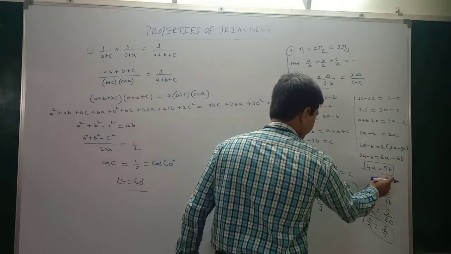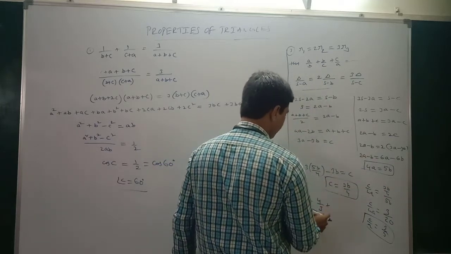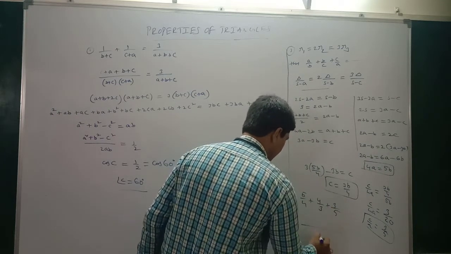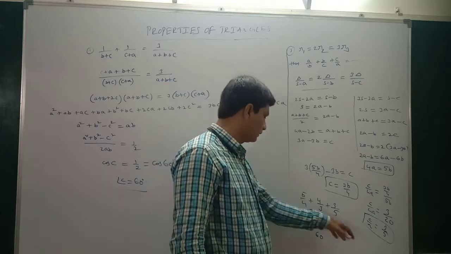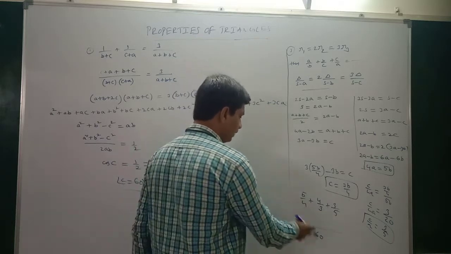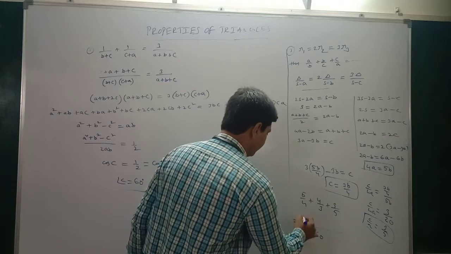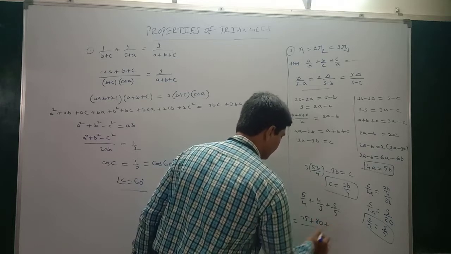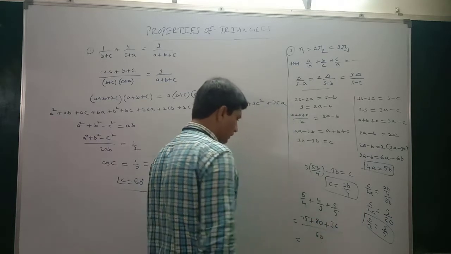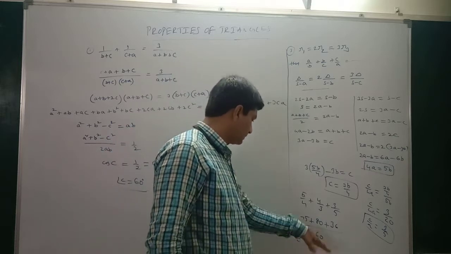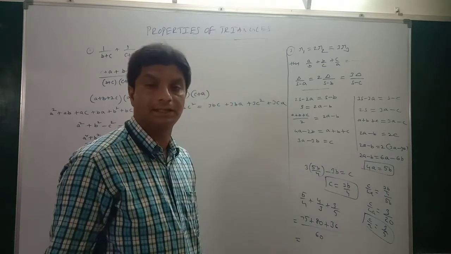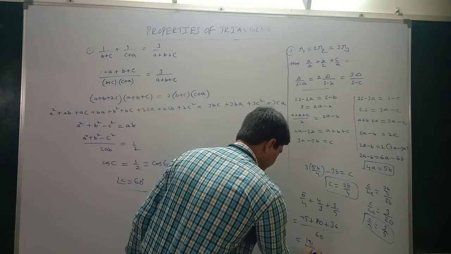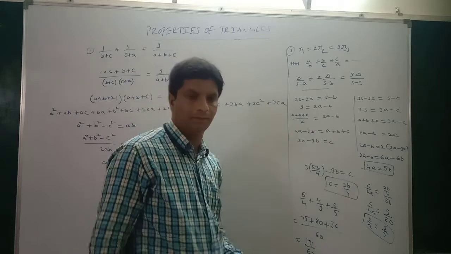A by b 5 by 4 plus b by c 4 by 3 plus c by a is what? 3 by 5. Now after simplification, what is the LCM? 16. 4 into 3, 12, 12 by 16. Here what will we get here? 5 by 4 into 16. How much will we get here? 75 plus 80 plus 36. So what is the answer we get from here? 75 plus 80, 155 plus 36. 155 plus 36 is like 191 by 60. So this is the way how to do this one. Okay, right.